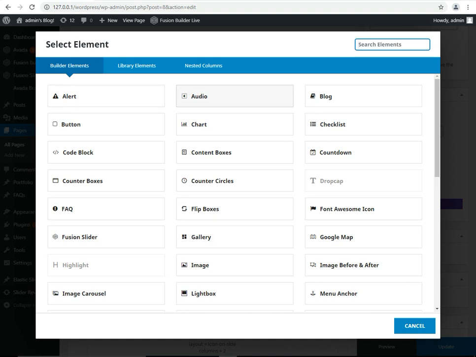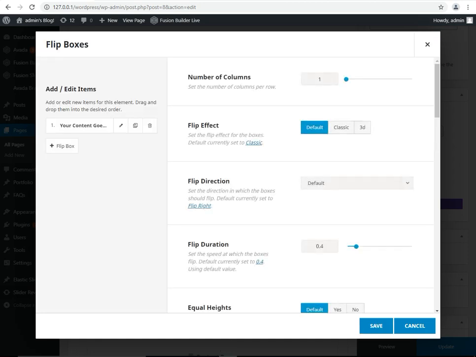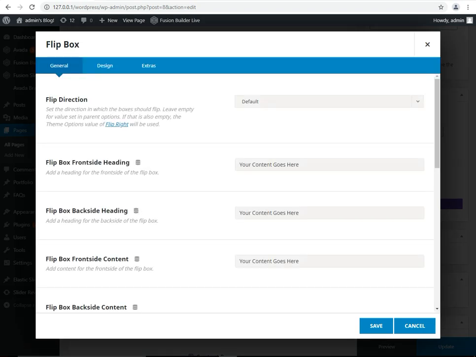You can also add here a counter circle, flip box. If you need any type of flip box here, you can add this. Your text goes here. You can add welcome to my life.